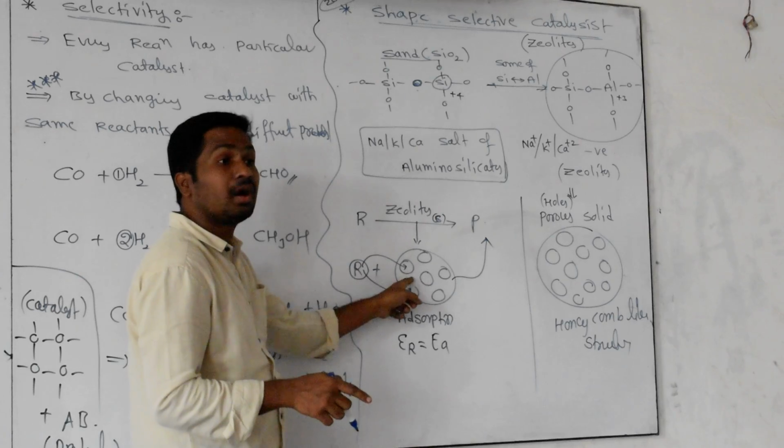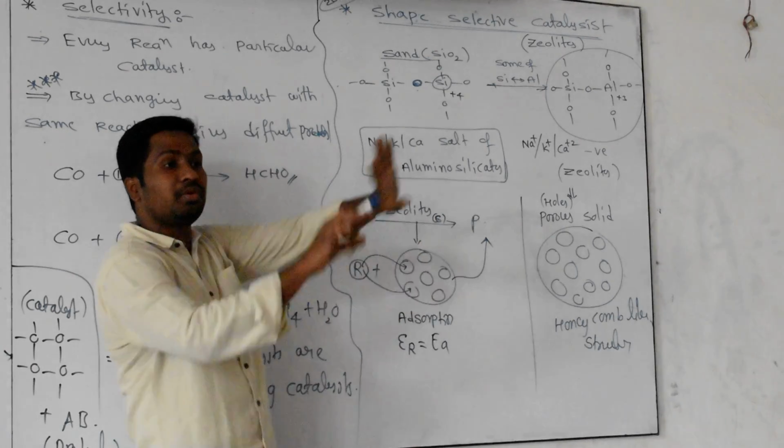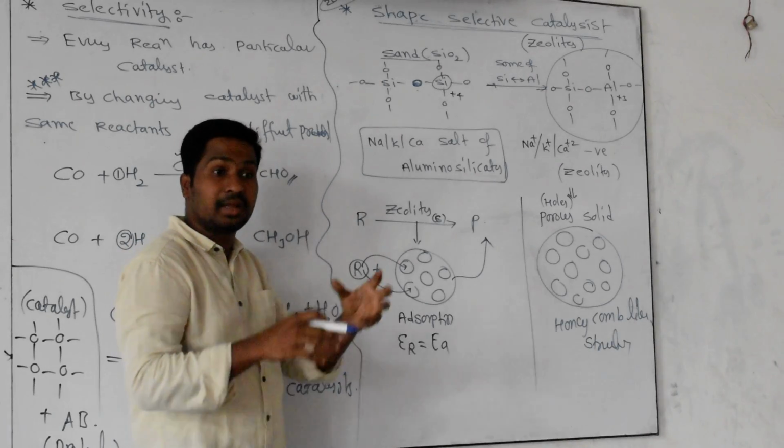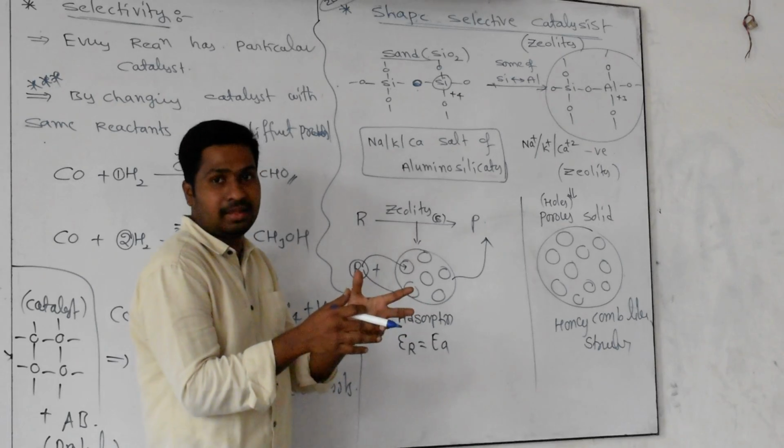Here also we can apply the law of mass action. Suppose there is no catalyst. The reactants are very far away from each other, so the concentration will be less. Then the effective collision number between them will be less. Then the rate of reaction will be less. Then what you are